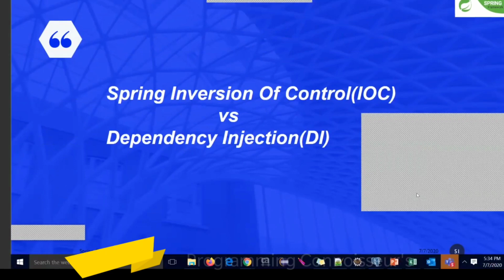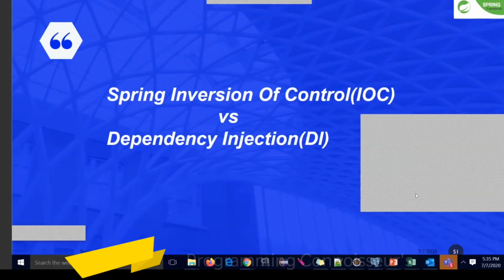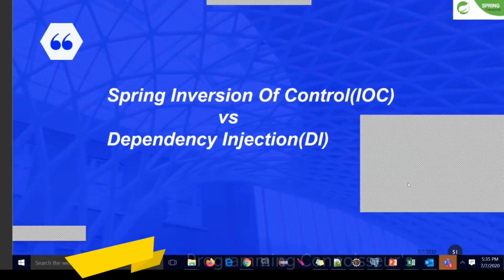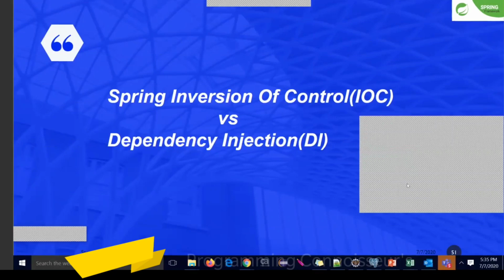A lot of people say inversion of control is a technique for making loosely coupled objects that are easily maintainable. And some people say both IOC and DI concepts are very confusing to them. Different people have different views and finally reach one conclusion. So to clear the air, we are here today.